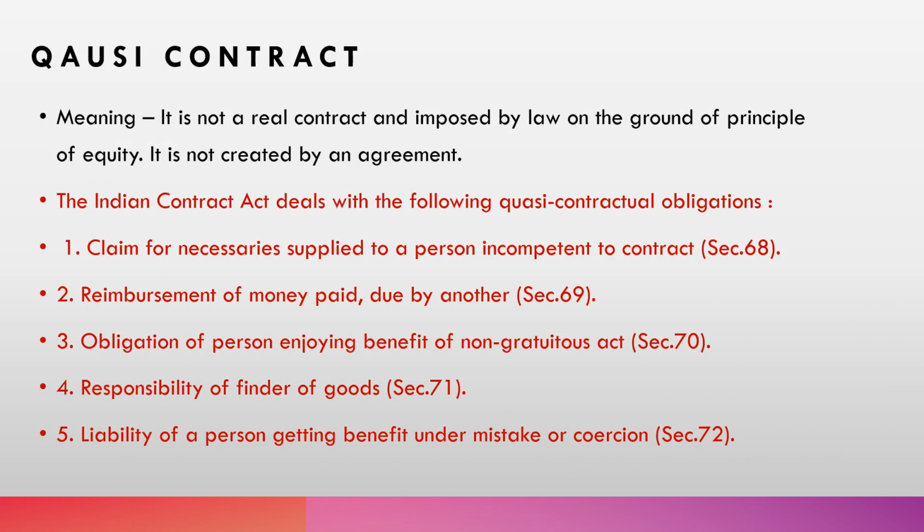The next contract is quasi contract, whatever you pronounce. Quasi contract means what? It is not a real contract, and it is imposed by law on the ground of principle of equity, and it is not created by an agreement. See, when one person has done something for another, or he has paid money on his behalf to a third party, the court comes forward on the ground of equity, saying that the person receiving the benefit must make compensation